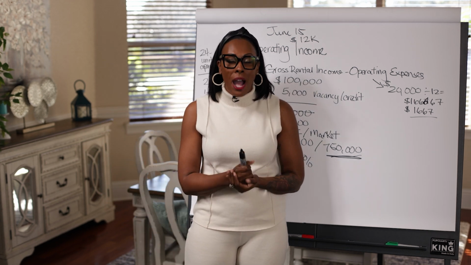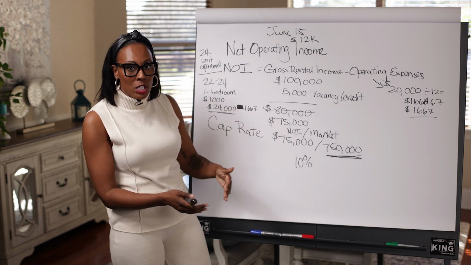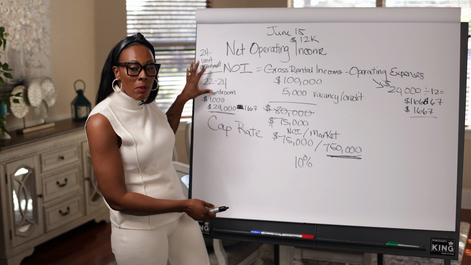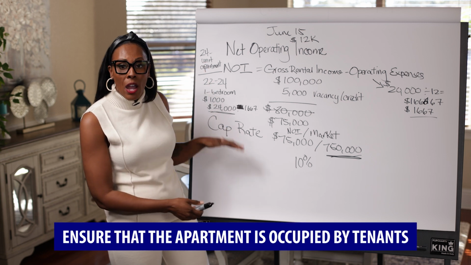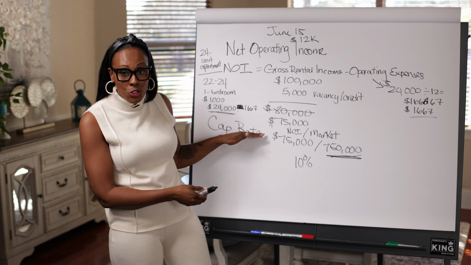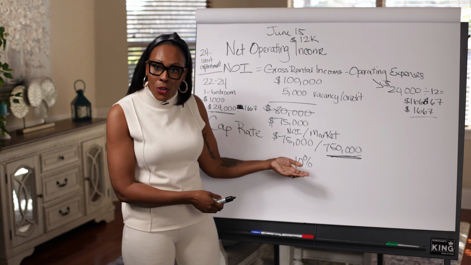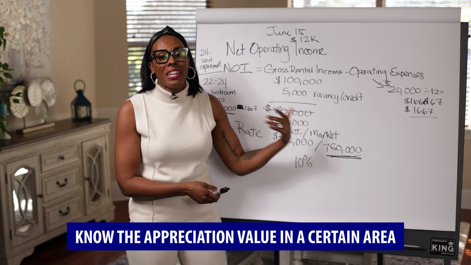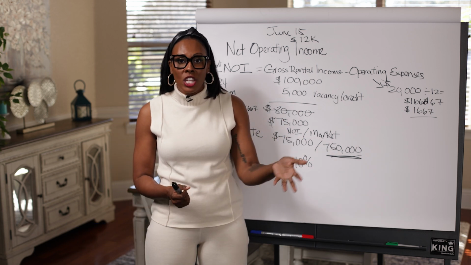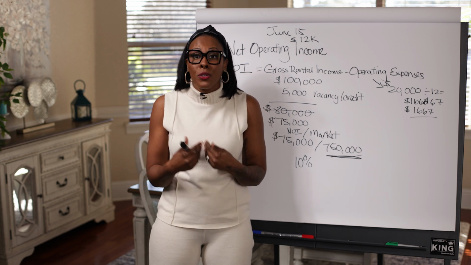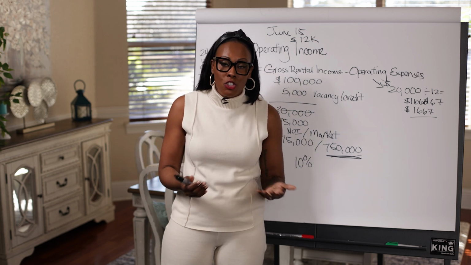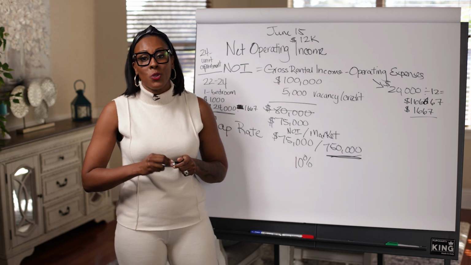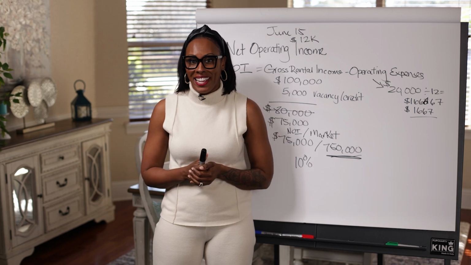So if you are looking to buy real estate, one of the best investments, as I mentioned before, are apartment buildings. Another easy way to do it is make sure that they're already filled up with tenants. That way you have property that's giving you cash on cash as soon as you close. And then the third thing that you should be looking at that is very important is what the appreciation values have been in that area. The higher the appreciation that you've been experiencing, the better it is for you as an investor, because I strongly suggest that you sell off or leverage your properties every 2 to 5 years so that you can make even more money with your real estate.